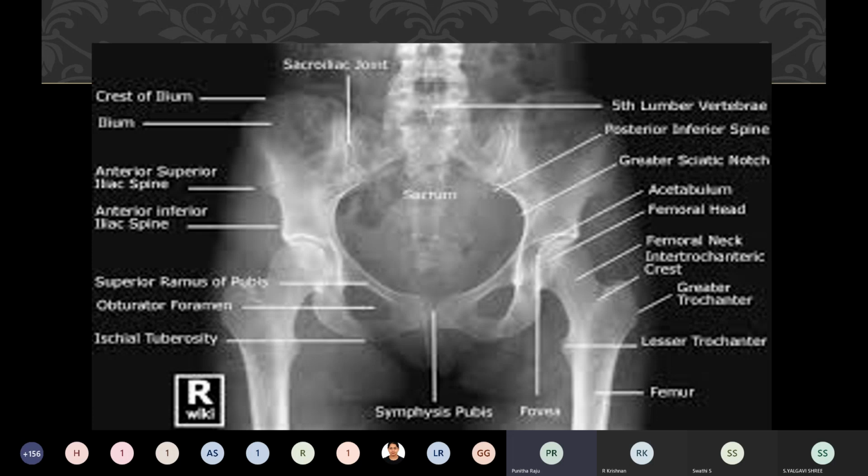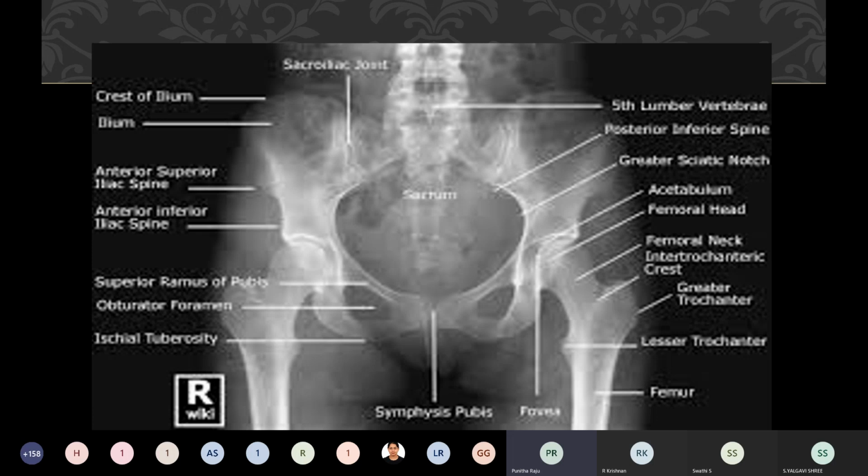One thing very special about the pelvic joint is that, apart from the age, you can also identify the gender, whether the X-ray belongs to a male or a female. For the other X-rays, as I told you, the skull, shoulder joint, elbow, and wrist, you can't identify whether it is male or female. But in the pelvic joint, you can easily identify whether the X-ray belongs to a male or female. That part will be asked in your practicals.